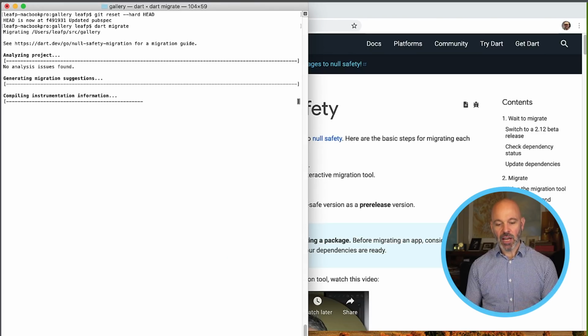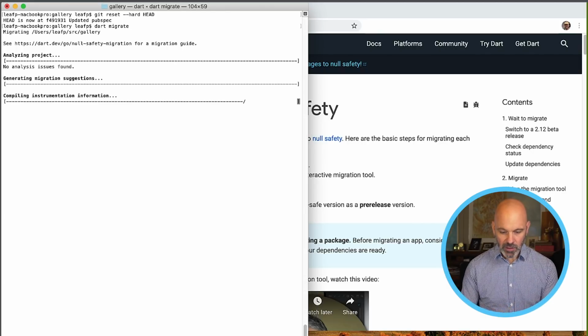So how do we guide the choices? Well, there's two ways we can do that. One is we can actually refactor our code so that it's more compatible with null safety. And the other is we can add explicit hints, in a way that I'll show you in a minute, to the code to guide the tool to a better result. And that's the one I'm going to focus on here, okay? Using hints to guide the output of the tool to get it to produce exactly what we want. So let's take a look at that.